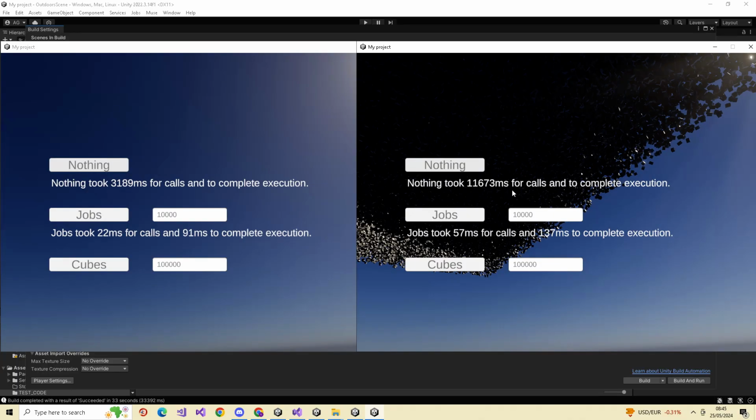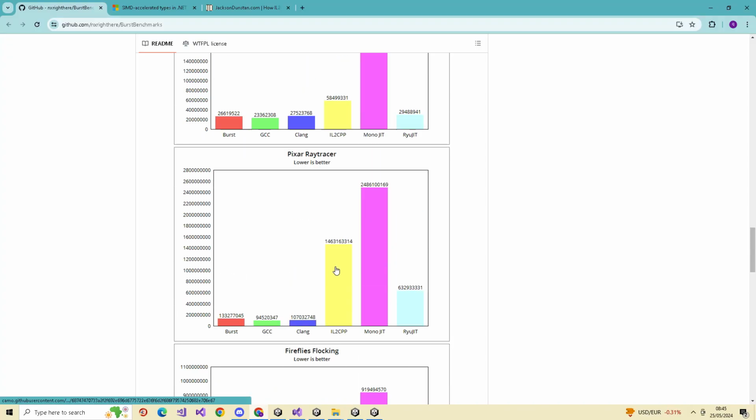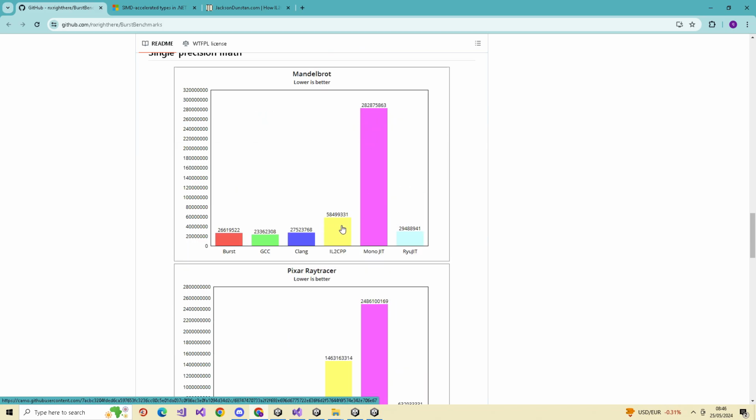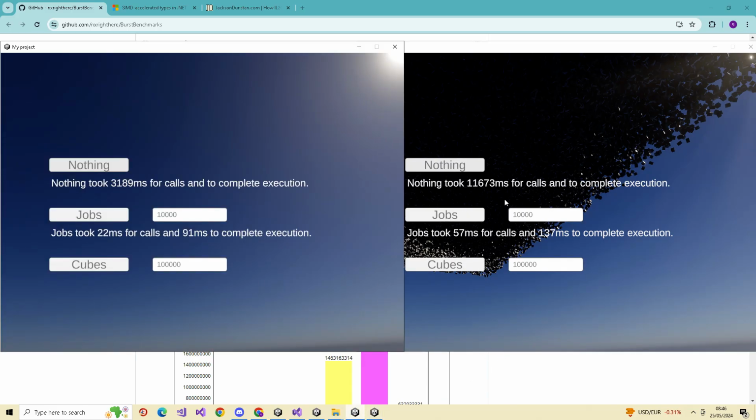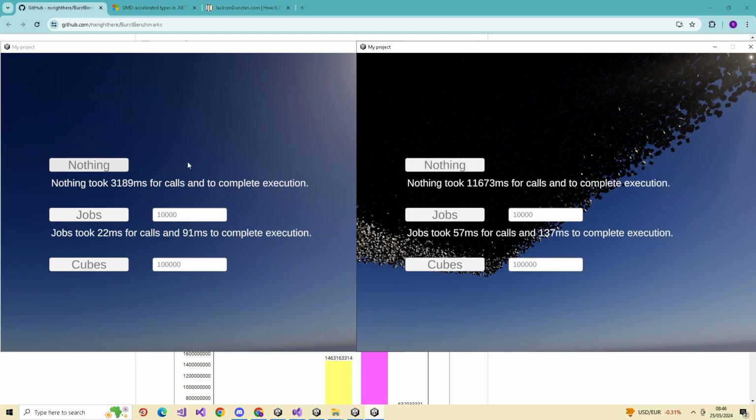Okay, now that's comparable to the IL2CPP to burst number. The yellow is on the left and pink is on the right. So it looks kind of like that, doesn't it? Yeah, we're kind of showing that's true. That's IL2CPP compiled.